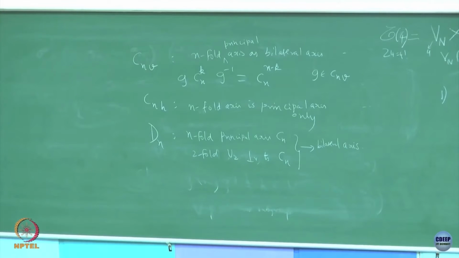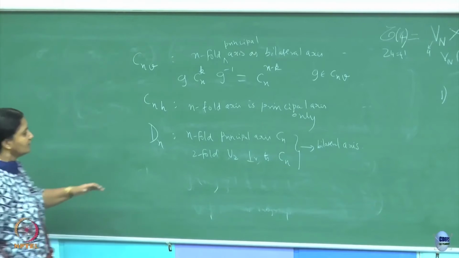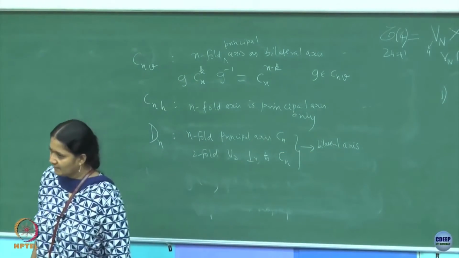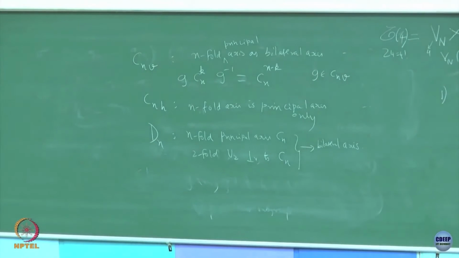No difference or anything. I am just saying the principal axis has another name, which is the bilateral axis, for both the dihedral group and the CnV group, but not for the CnH group. That is all I am saying, no difference. Once you have a bilateral axis, even here you can show that